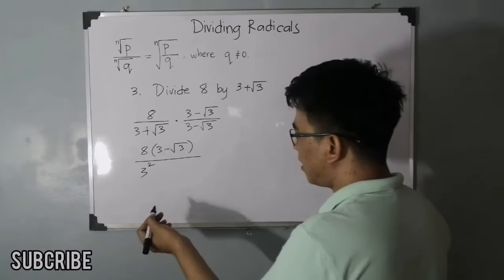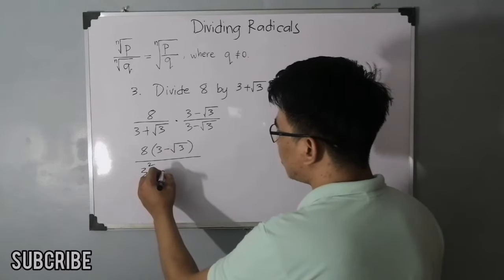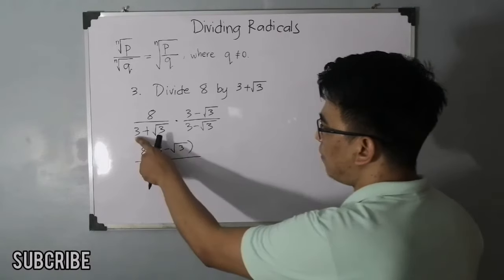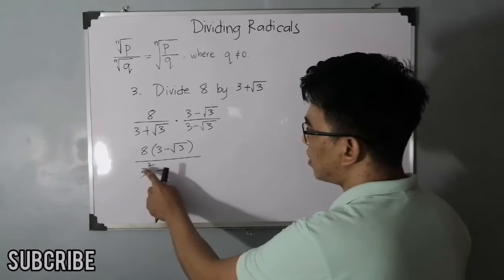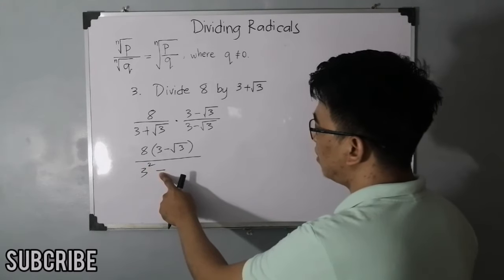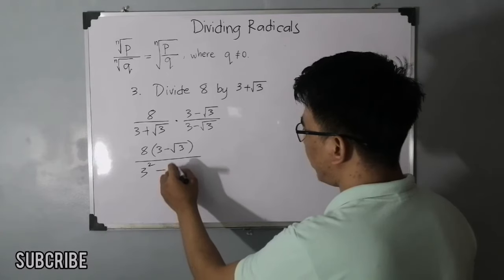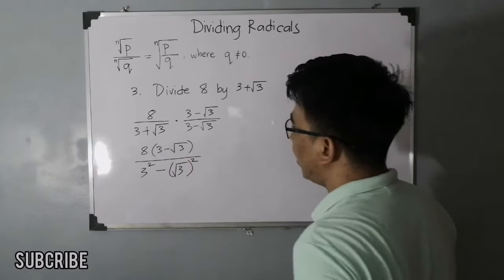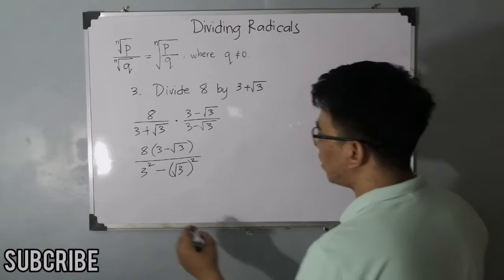And then, second thing na kailangan mong gawin is to write a minus sign. Again, copy your first term, which is 3, and then square that number, then minus, get your second term, which is square root of 3, and then square that number, or term. And simplifying this will give you